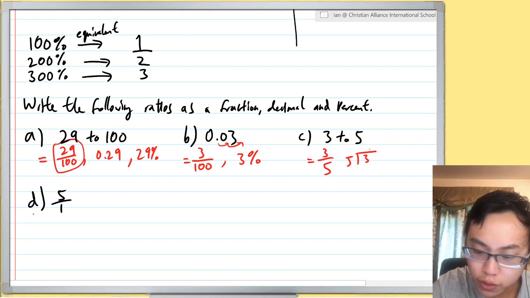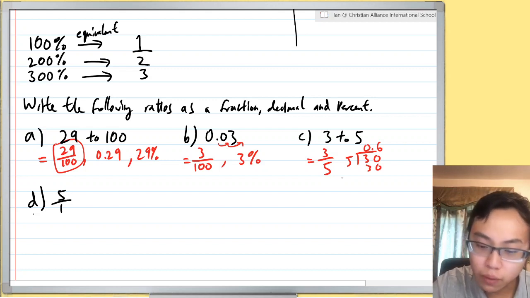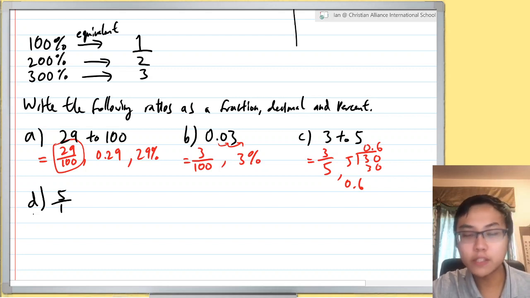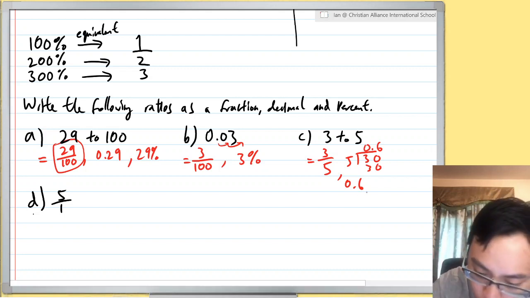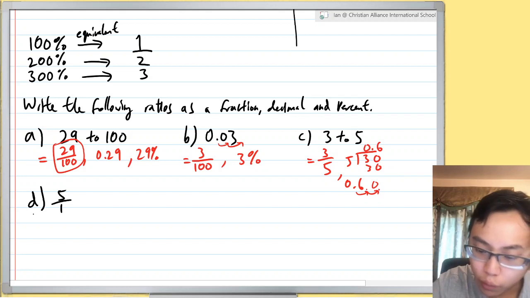5 goes into 3 0 times. We add a 0, that's going to be 30. And so that's 0.6. So as a decimal, that's going to be 0.6. And then as a percent, we want to move this decimal place 2 times. So that's 1 place, it's going to be here. And then 1 more place, which means we need to add an extra 0, which means that our percent will